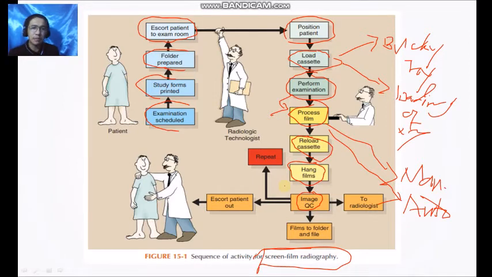Like for example, the image is too dark, or maybe the image is too light, or maybe there is motion in your final radiograph, then that would require repeat examination. Okay, so if the image is acceptable, then of course it can be forwarded towards the radiologist for the diagnostic